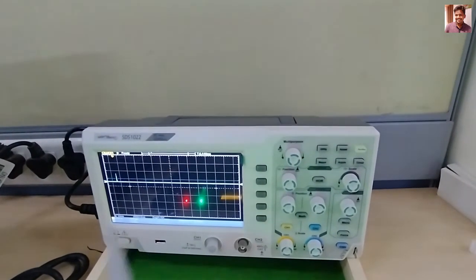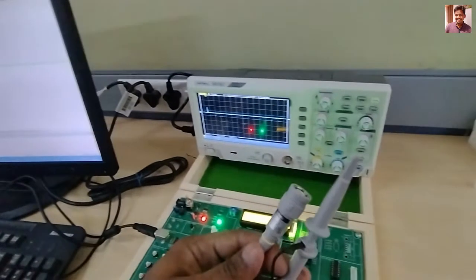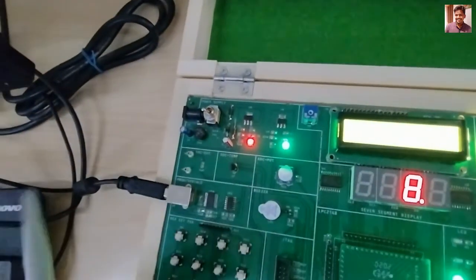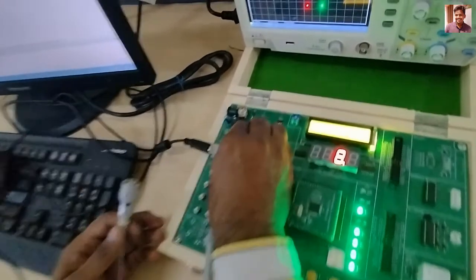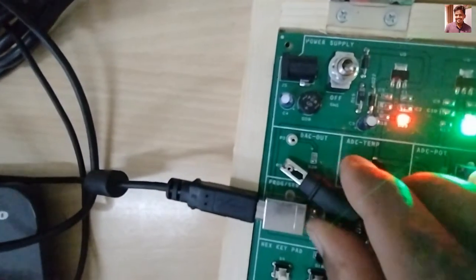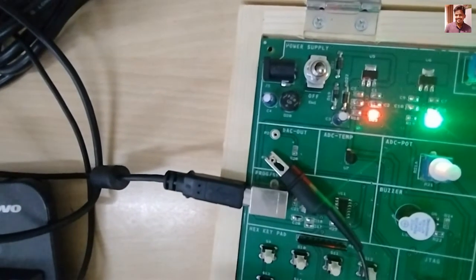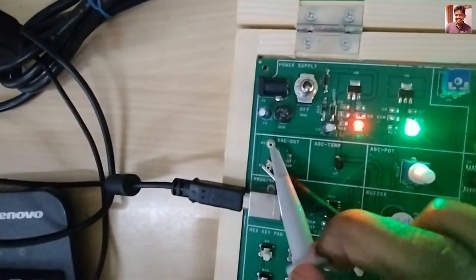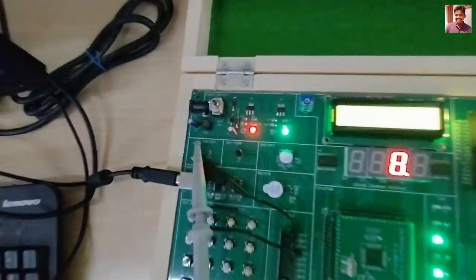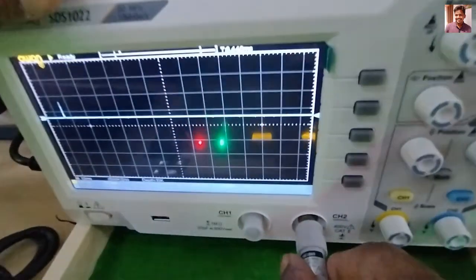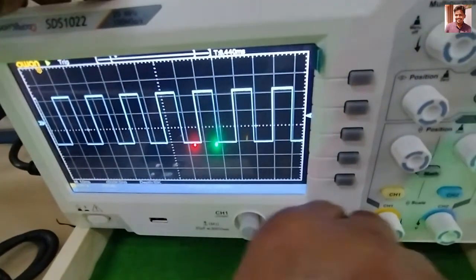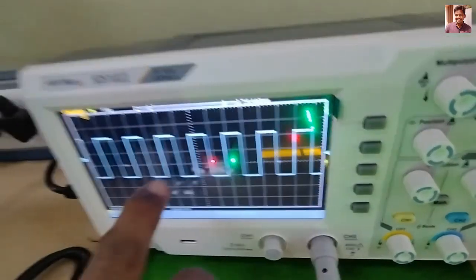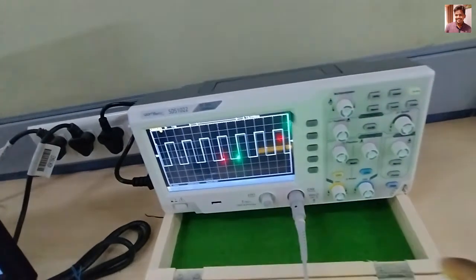Okay, now here I am selecting the port of this particular digital to analog converter. What I should do here is, we have a ground pin. All of you know that there are 2 pins to select the port here, the digital to analog converter, and this is connected to the positive. Then once this is done, I am going to connect this to channel 2 here. When I connect it to channel 2, all of you can see a square wave is coming here.